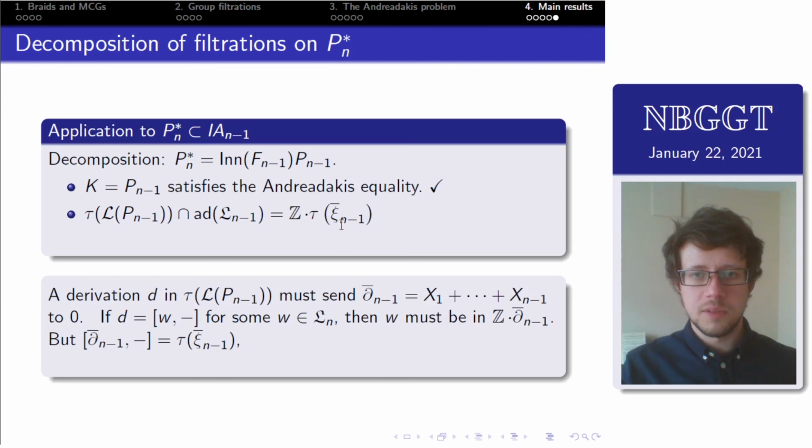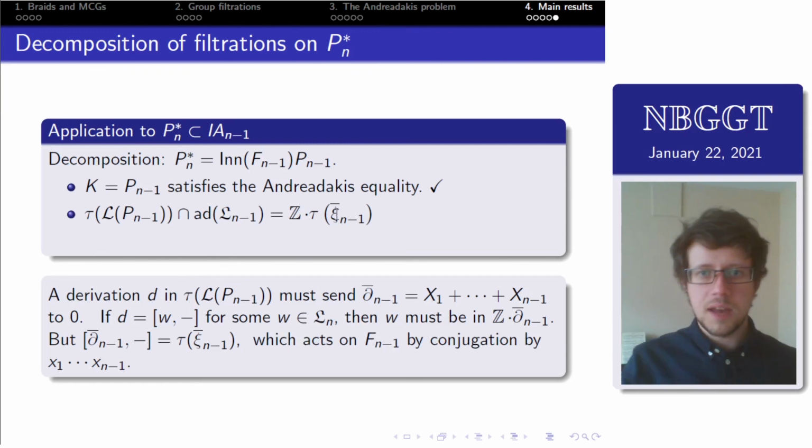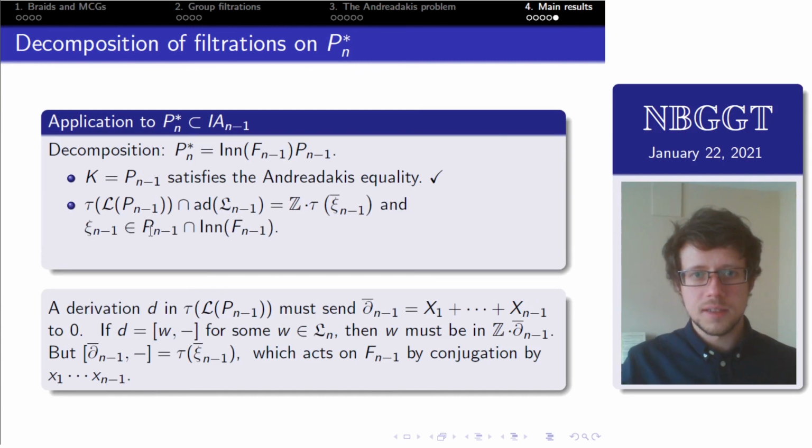And then what I said at the beginning was that this central element is acting by conjugation by the boundary element. So it is indeed inside this intersection with inner automorphisms,